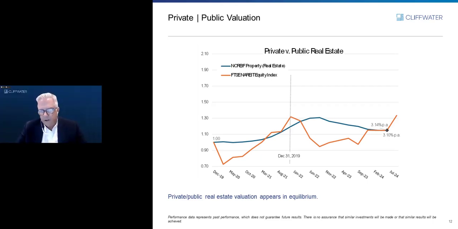I attribute it to governance myself. That's been my conclusion. The public REITs have much better governance. First of all, like 40 Act funds, they have to distribute their cash flow. Earnings are all distributed, so they constantly have to go back to the capital markets to get their capital. So I just think the governance picture is so much better for REITs than it is for